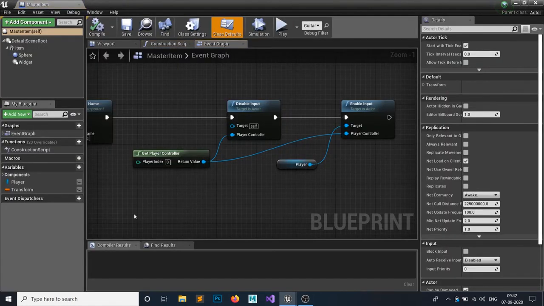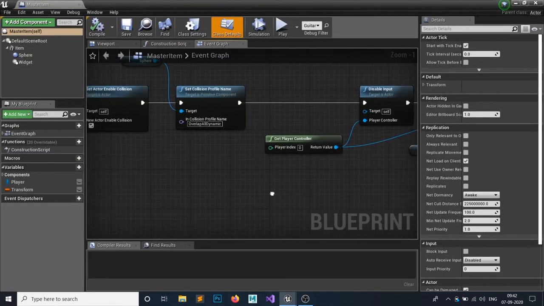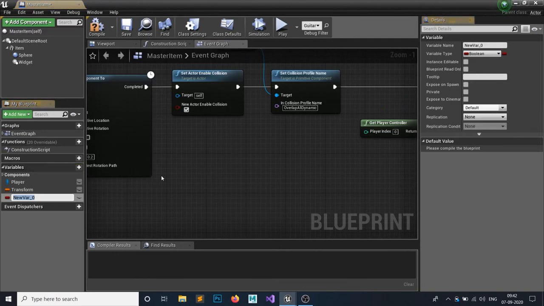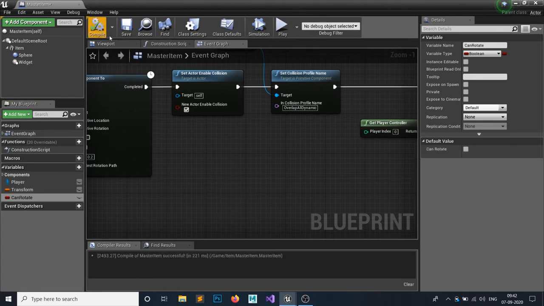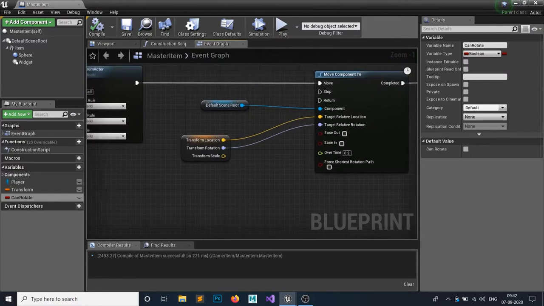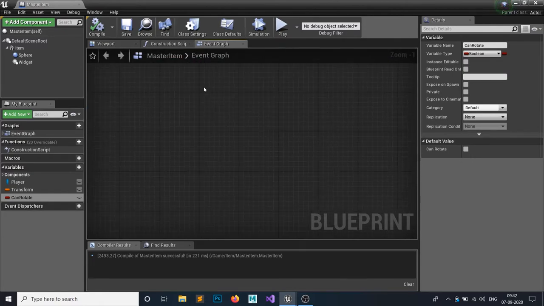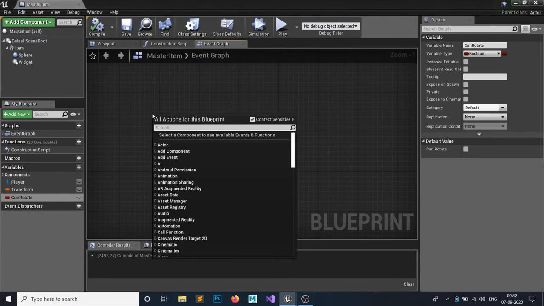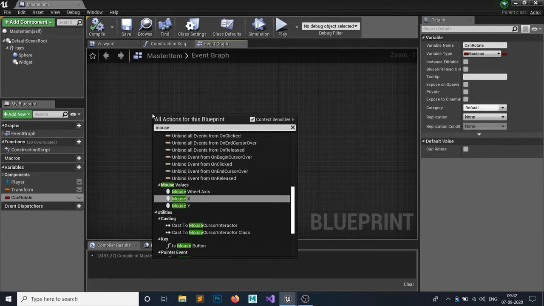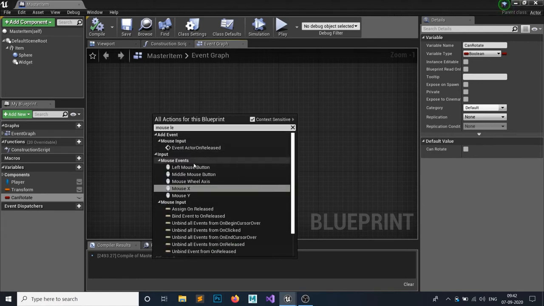Okay, so let's create a rotation. So open our blueprint and create a variable called can rotate. If can rotate is true, then the actor will be rotated. If it's false, then it will not be rotated. So just right click on your event graph and add the input mouse left button.